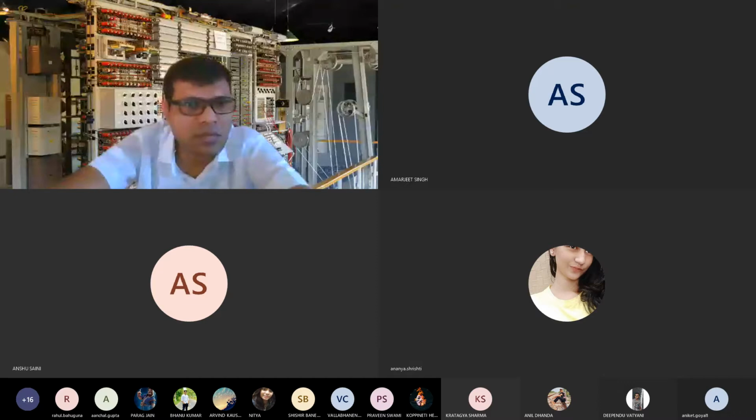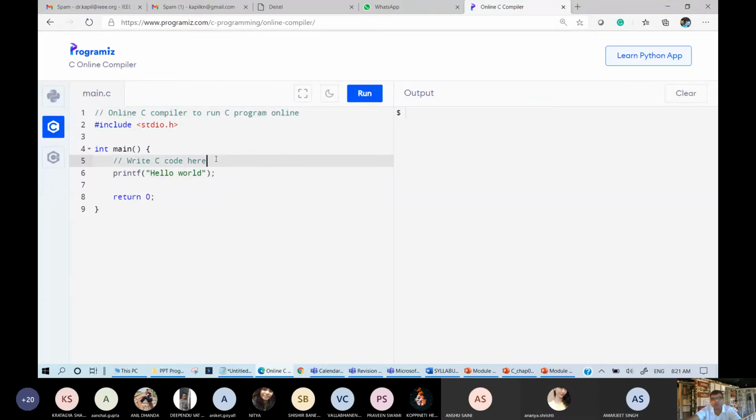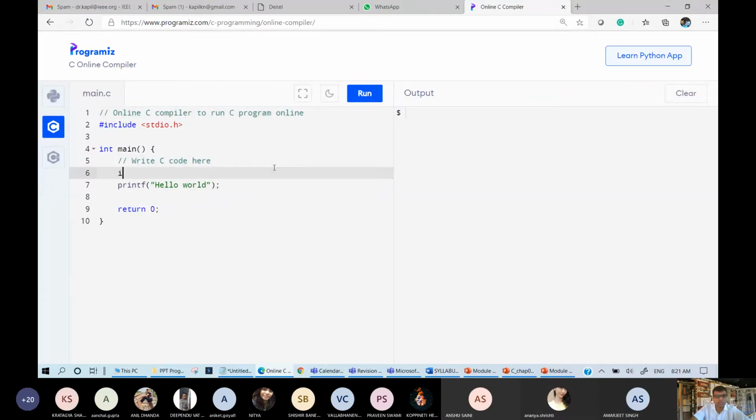The browser is not coming. Okay, no problem. So this is our screen. Integer main is written, Hello world is written. No problem, let us write something.